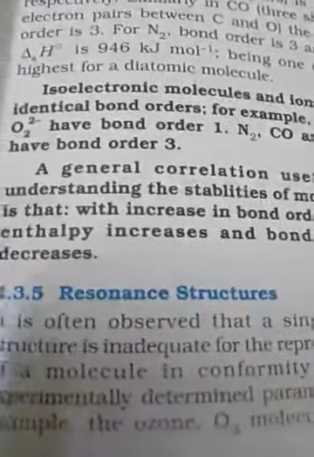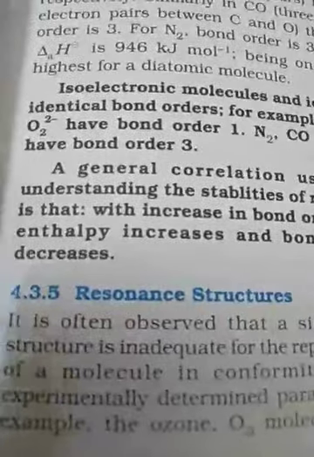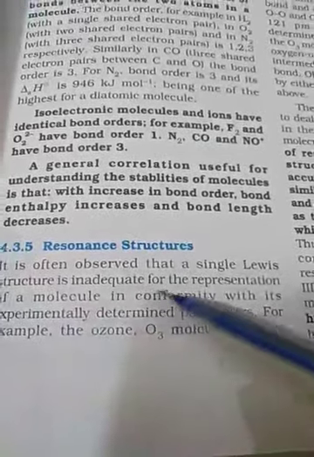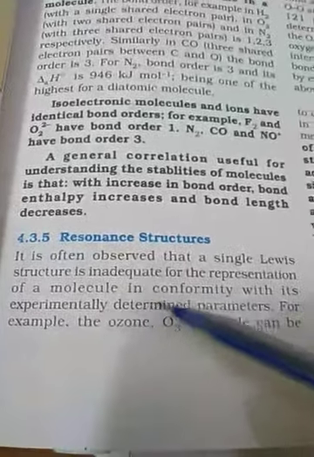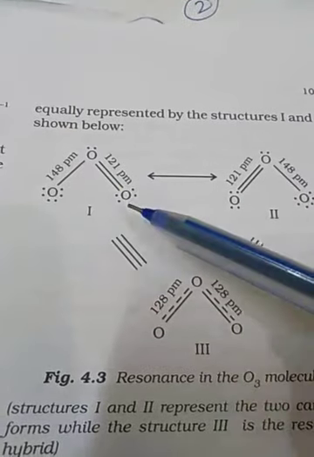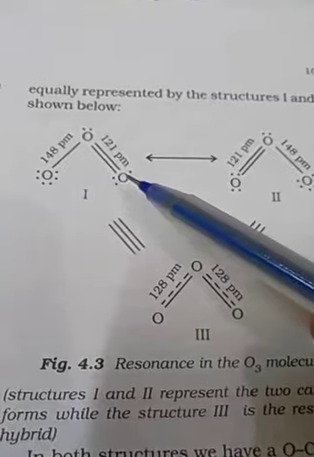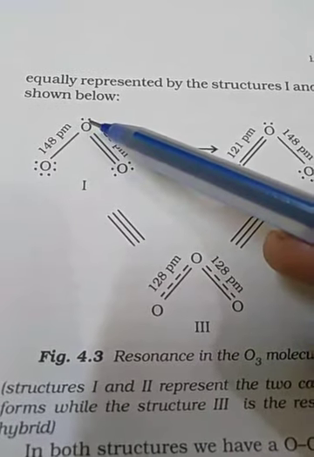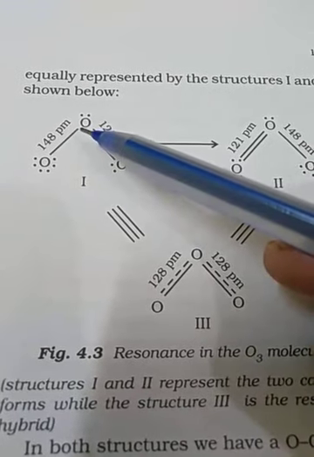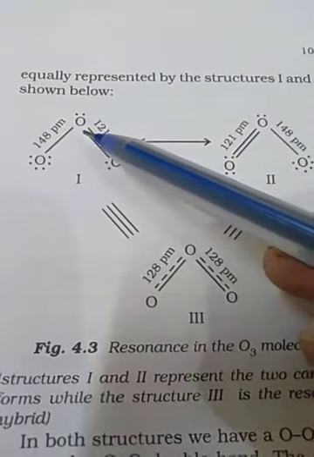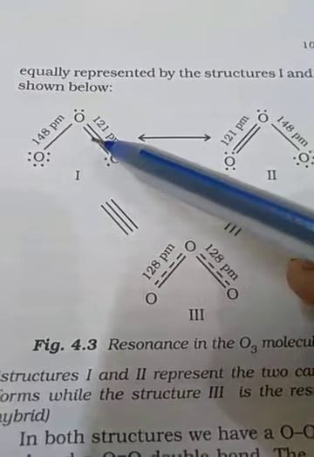Resonance. What is the meaning of resonance? Now, it is often observed that a single Lewis structure is not in conformity with experimental facts for a molecule. I am describing within one ozone molecule, O3, oxygen and oxygen. See, number of electrons in the outermost orbit 2, 4 and 6. Here 2, 3, 4 and 5. So one less is here. 2, 4 and 6. Here are the same 7. Here are 5. So here is the single pair. Here is the double pair.